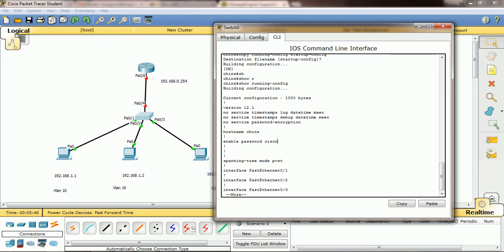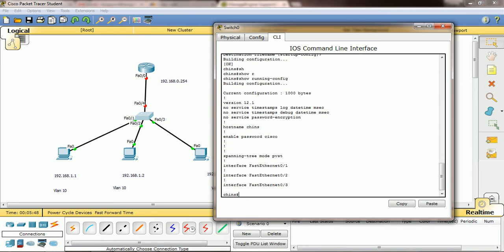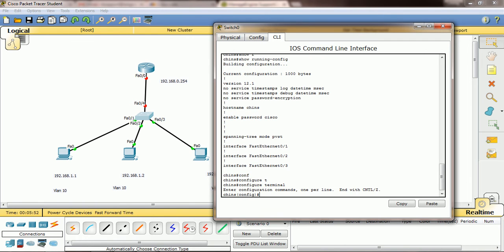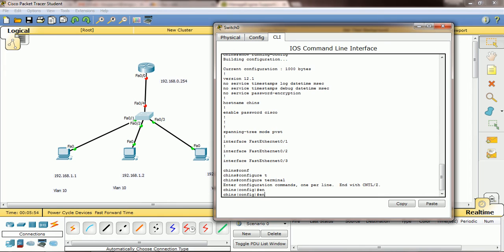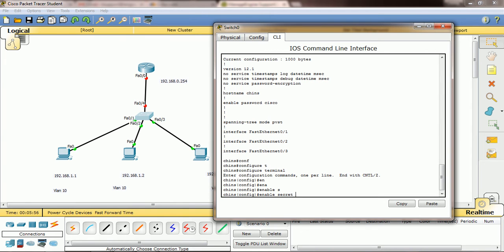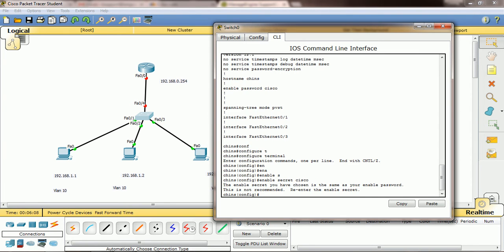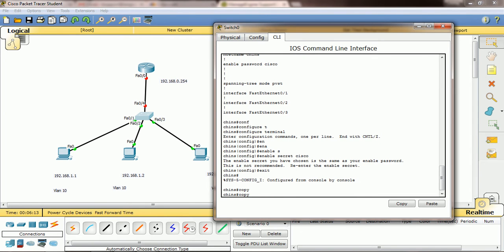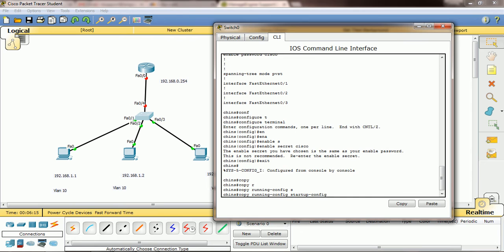So for this you have one more command. Enter into config terminal, global configuration mode, and type enable secret Cisco. This is also a password, but this is the encrypted one. I will show you in running config. The same Cisco I am giving, and exit, then copy running config startup config.